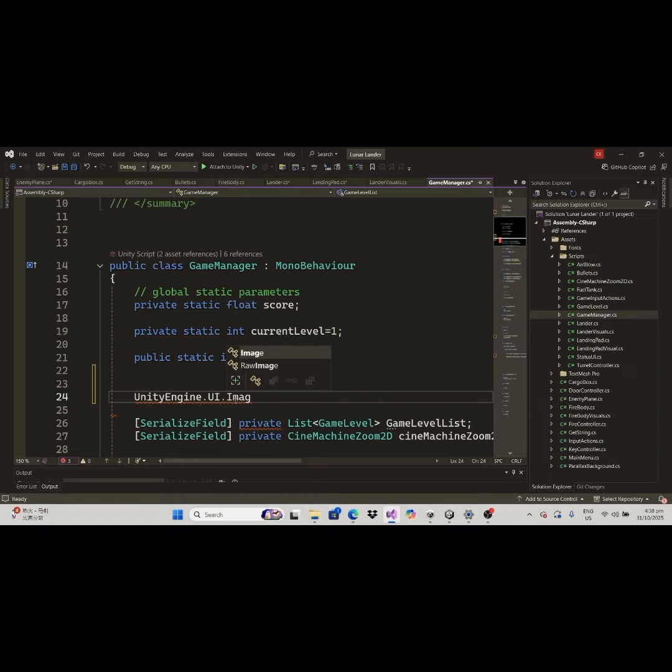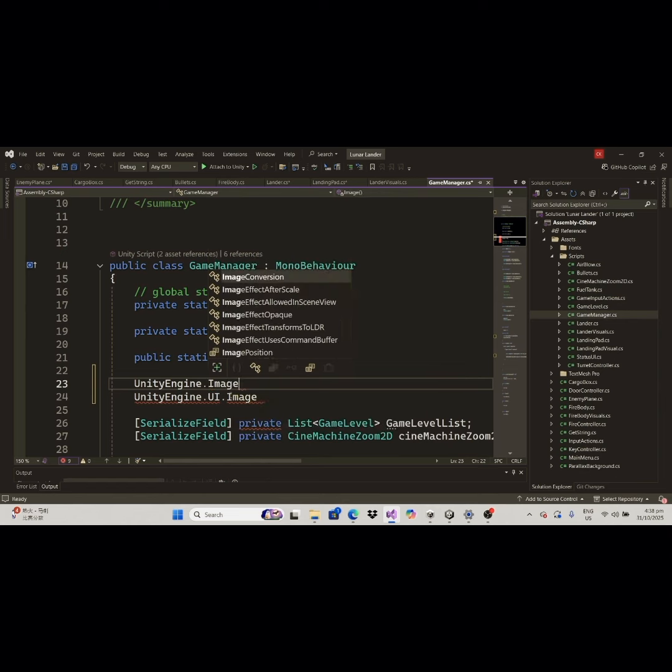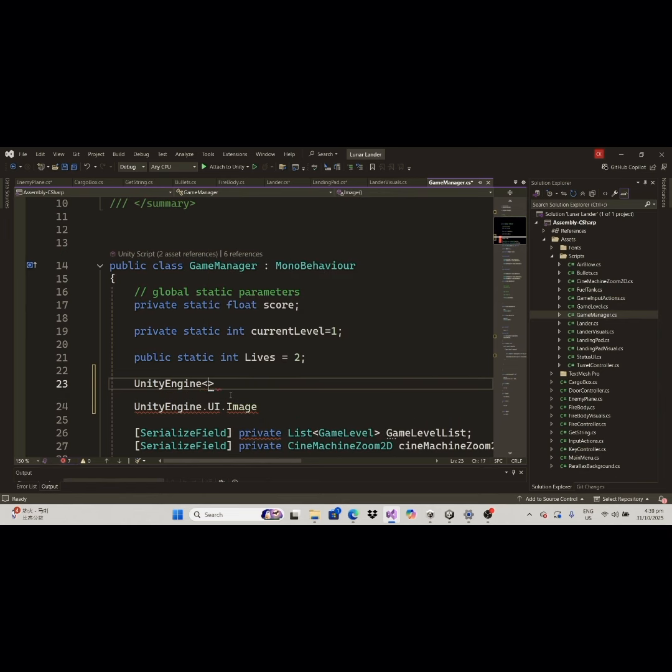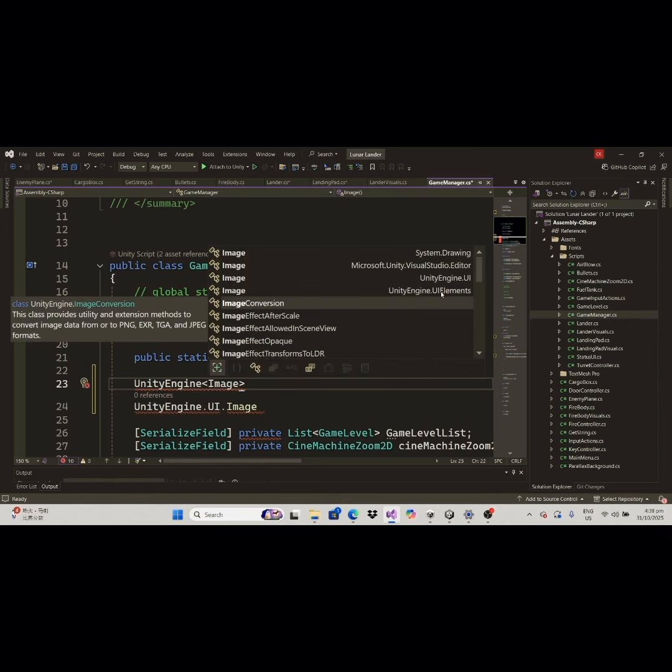This is also true for the image class. We have UnityEngine.Image or UnityEngine.UI.Image. Image could be coming from different namespaces, like this here. It could be System.Drawing or UnityEngine.UI, or even UnityEngine.UIElements. So, namespace